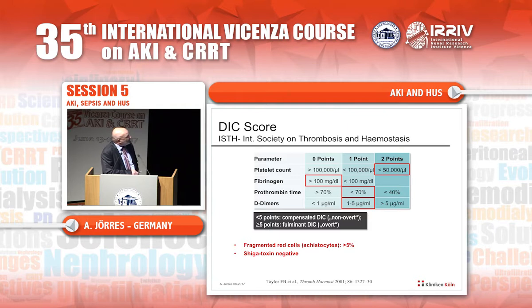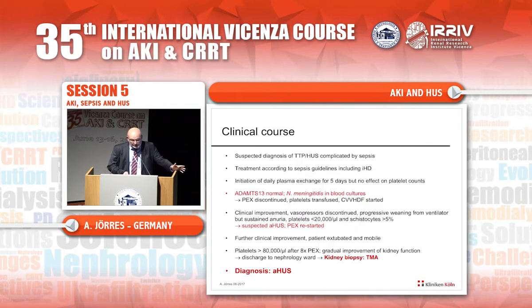At that time, she just hit the score with 4 points, and that is probably only a compensated non-overt DIC, so that would not be a good explanation for these very, very low platelets. And that's when we looked at fragmented red cells, and there were more than 5% of fragmented red cells. At the same time, Shiga toxin was found negative, so the suspected diagnosis was TTP or HUS complicated by sepsis,